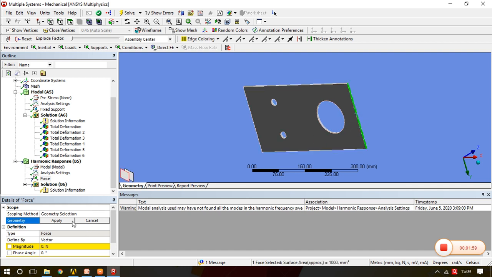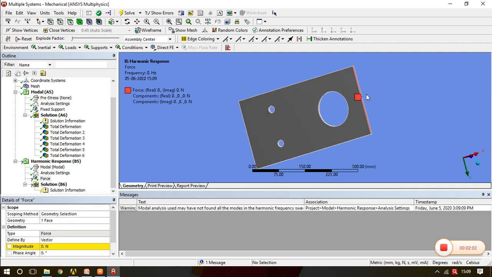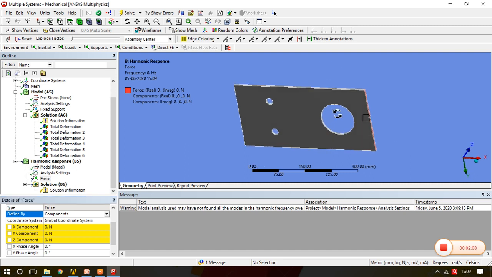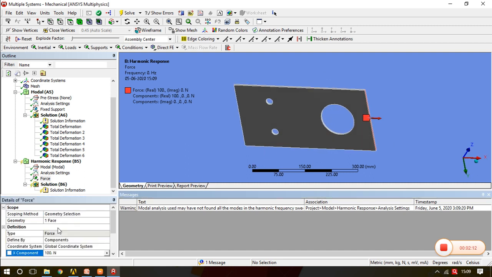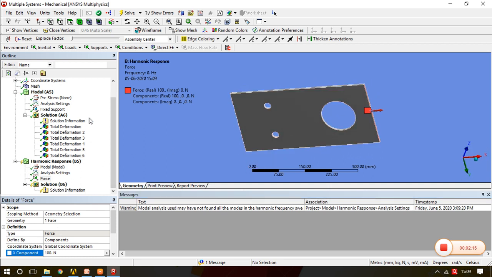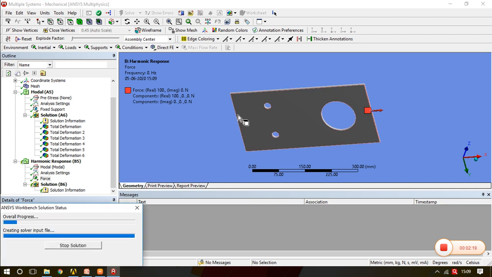Apply the forces. We have selected the surface component, and 100 Newton along the x direction. So we'll apply a force of 100 Newton along the x direction. We have applied the force here and ask for the solution.